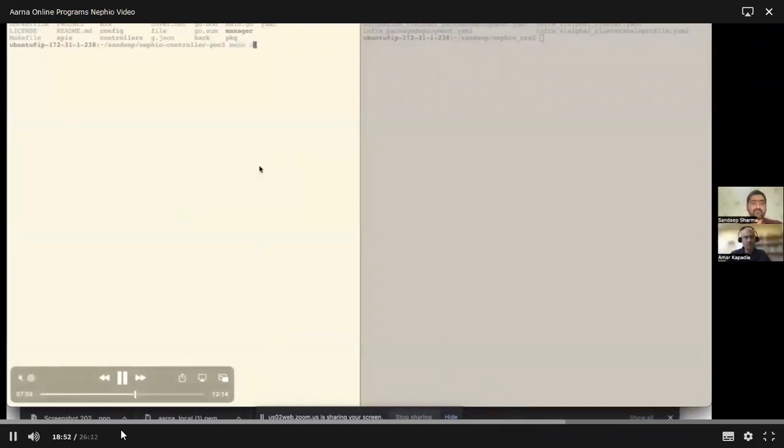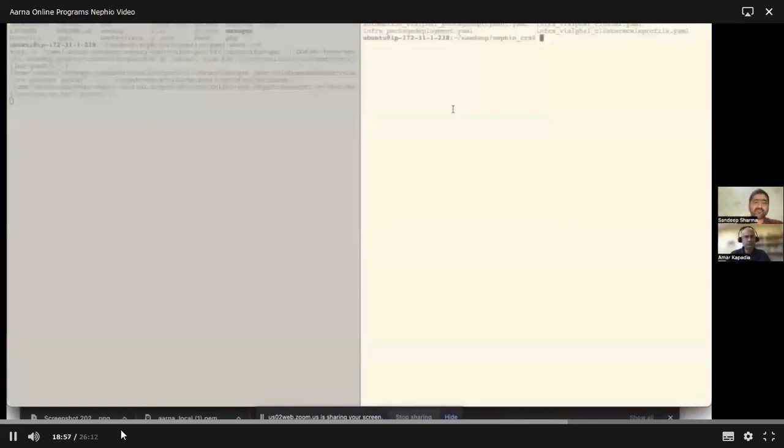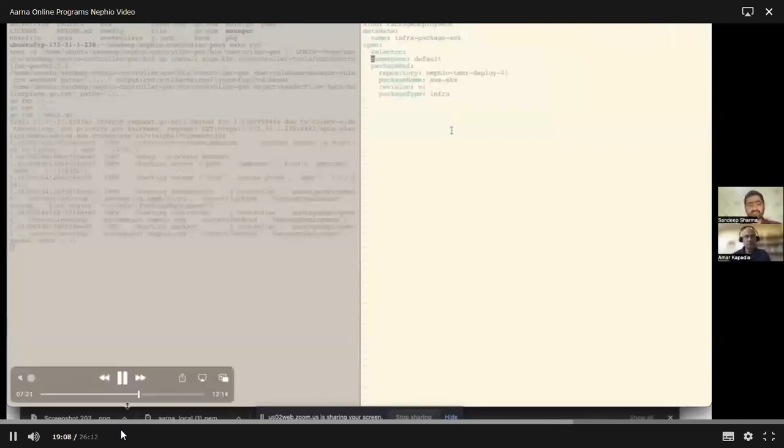On the left part of the screen, I am starting the Nephio controller. And on the right side of the screen, as I described, we will start with the specification of the infrastructure intent. So this is how the infrastructure YAML looks. All it has is the source repo from where it has to pull the EKS KPT package, and it says that the package type is infra.